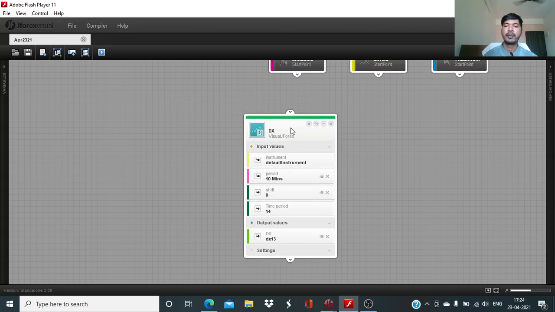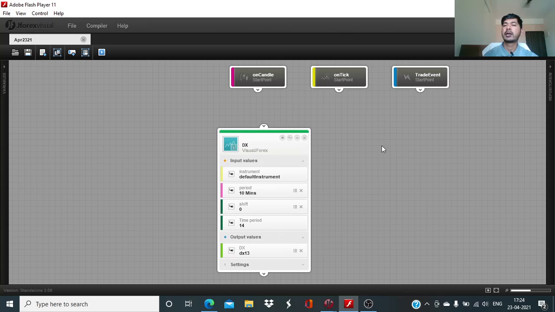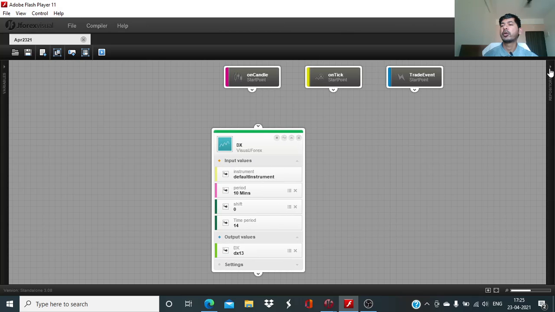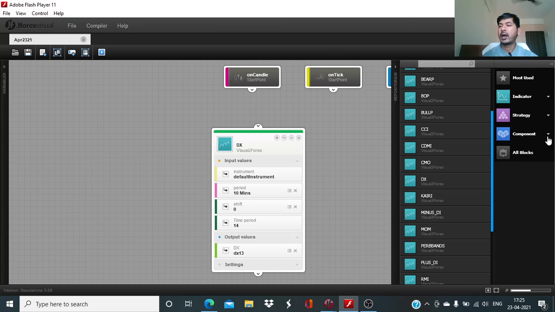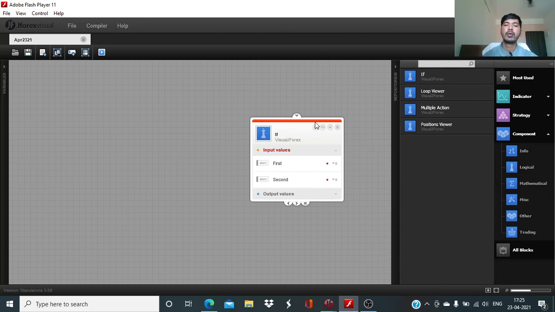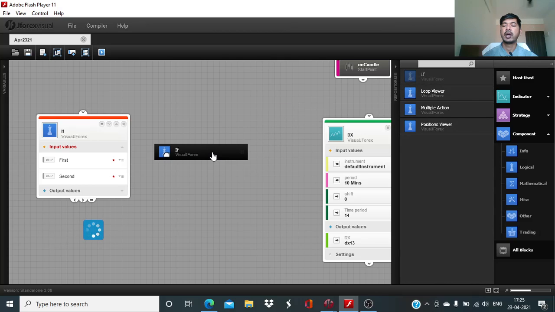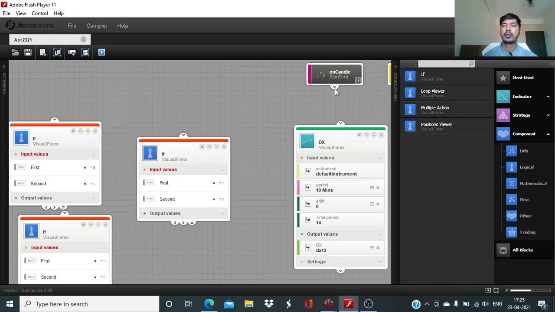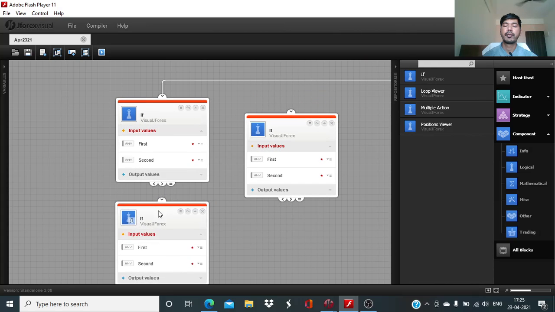So this is the dx value, and we will need a couple of dx blocks and also the historical candle blocks. First, we'll start with the component info logical part. We will first have to get the instrument subscription done. This time around, we will be working with the on candle,